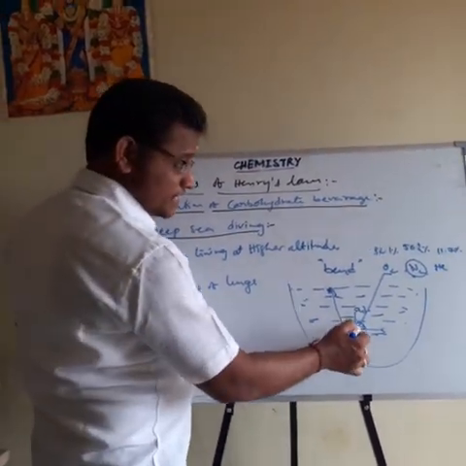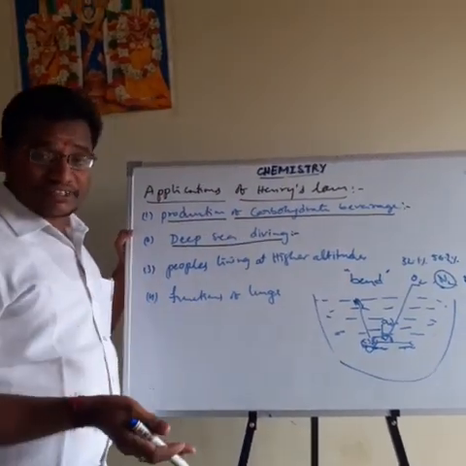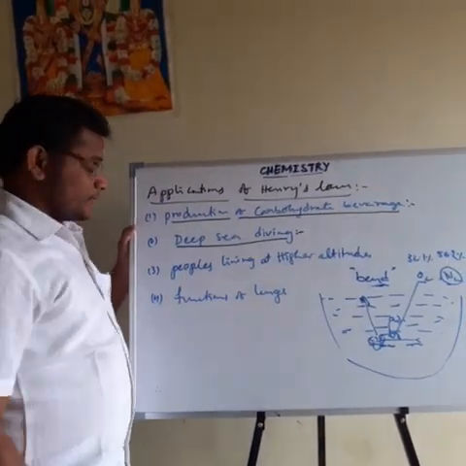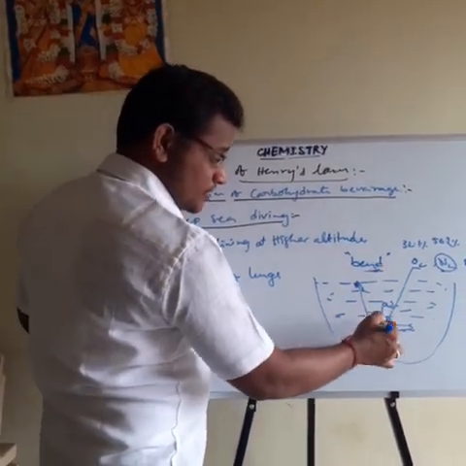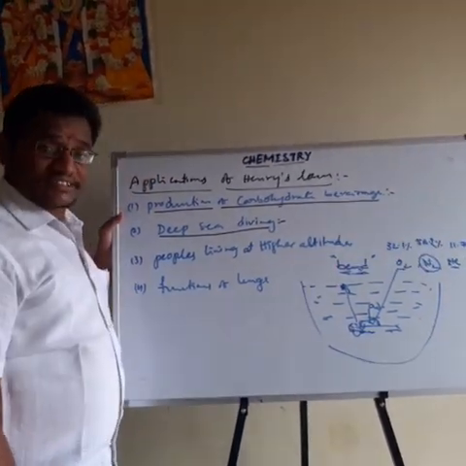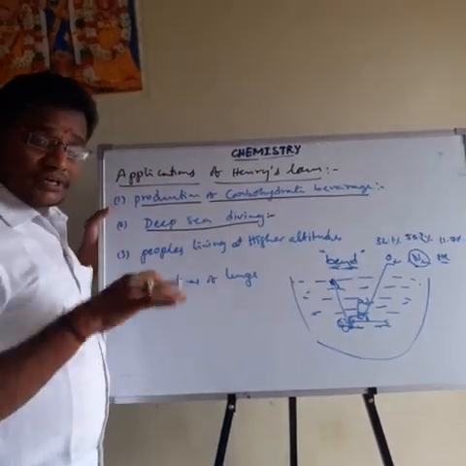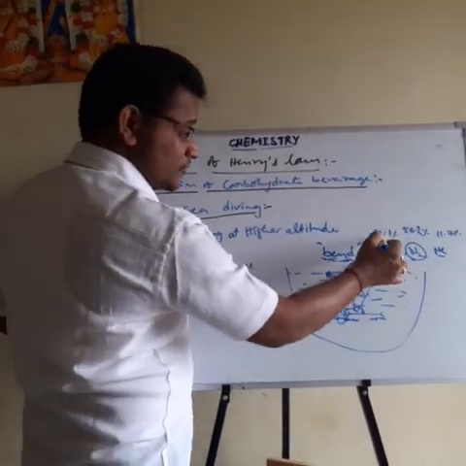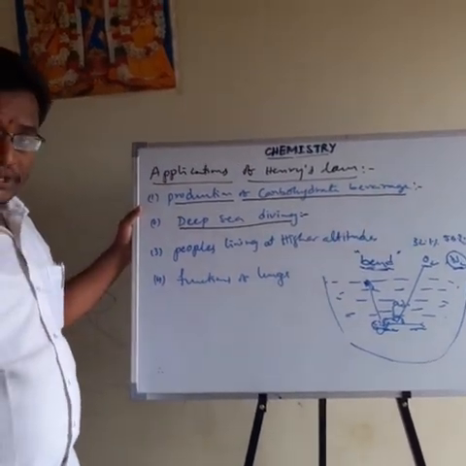Whenever the air is diluted with helium, the dissolution of nitrogen gas in our blood decreases, so the person does not get this disease. So that is about the second one. The concept is that when pressure is increased, the dissolution of nitrogen in our blood is increased, so the person gets the bends disease. When pressure is decreased, the dissolution of nitrogen in our blood decreases, so the person doesn't get the bends disease. That's why the air is diluted with oxygen, nitrogen and helium. That is the second application.